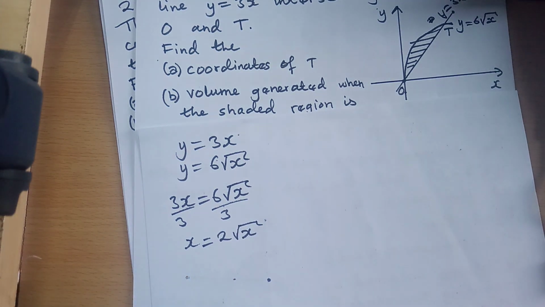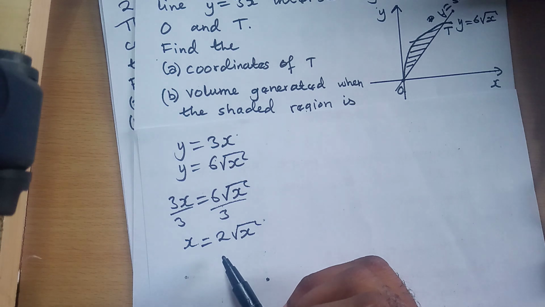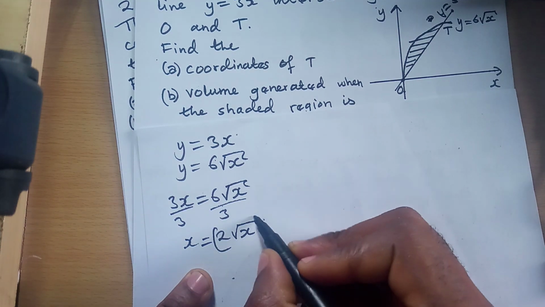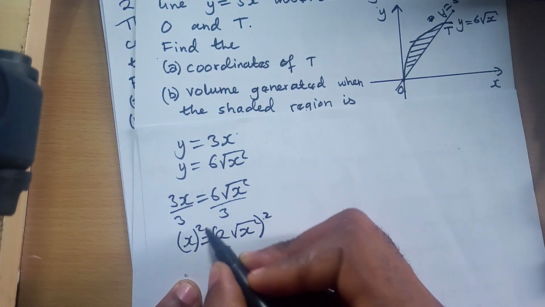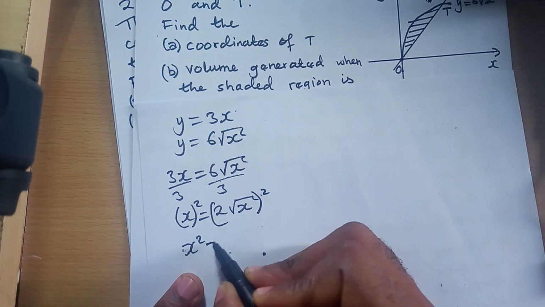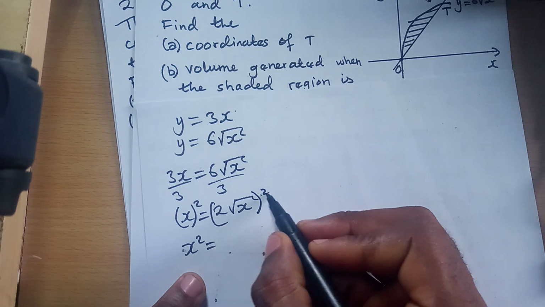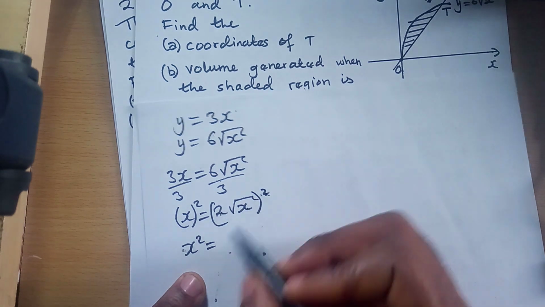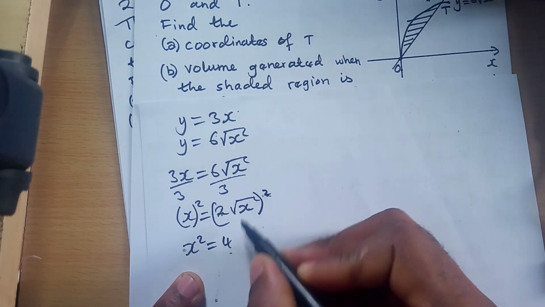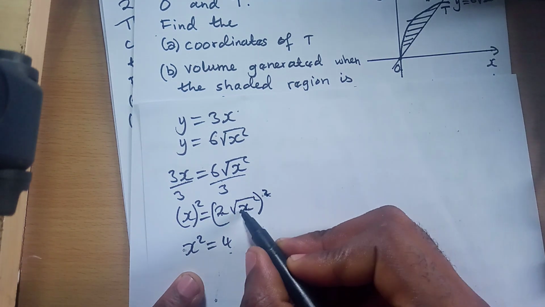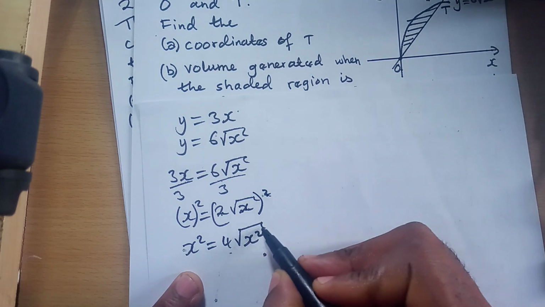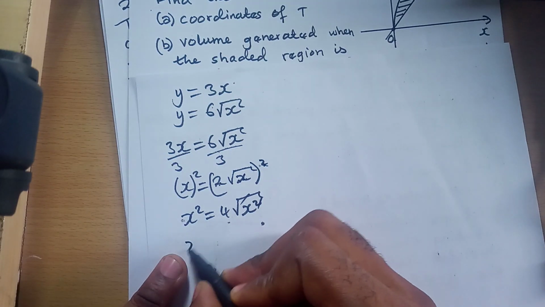This is much easier. And then to solve for x, I can square both sides to get rid of the square root. So this one will be x squared. And then when I square there, this square will affect both numbers in the bracket. So this will be 4, and then this x squared will be like the square root of x squared, and then this and this will go. So we have